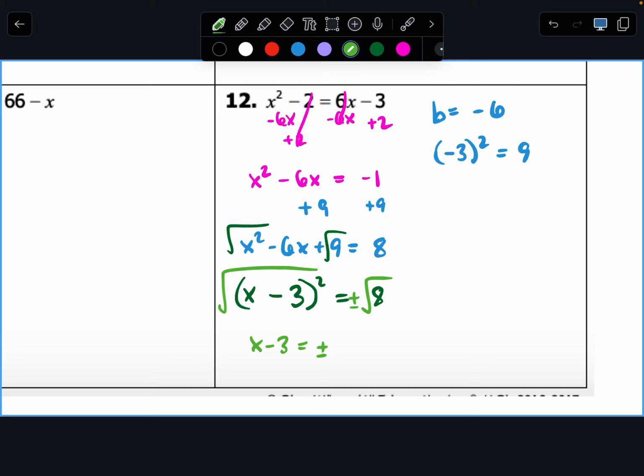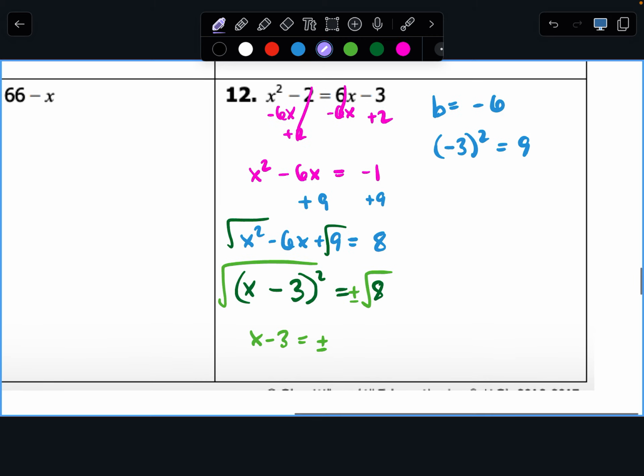Can I simplify the square root of 8? I'll write it over here. Let's see, I have space. Okay, square root of 8. What are some factors of 8? 2 and 4. Can I take the square root of 4? So I'm going to take out a 2 from that and leave the other 2 underneath. So I have plus or minus 2 root 2. Is that radical simplified? And then when I add 3 to both sides,